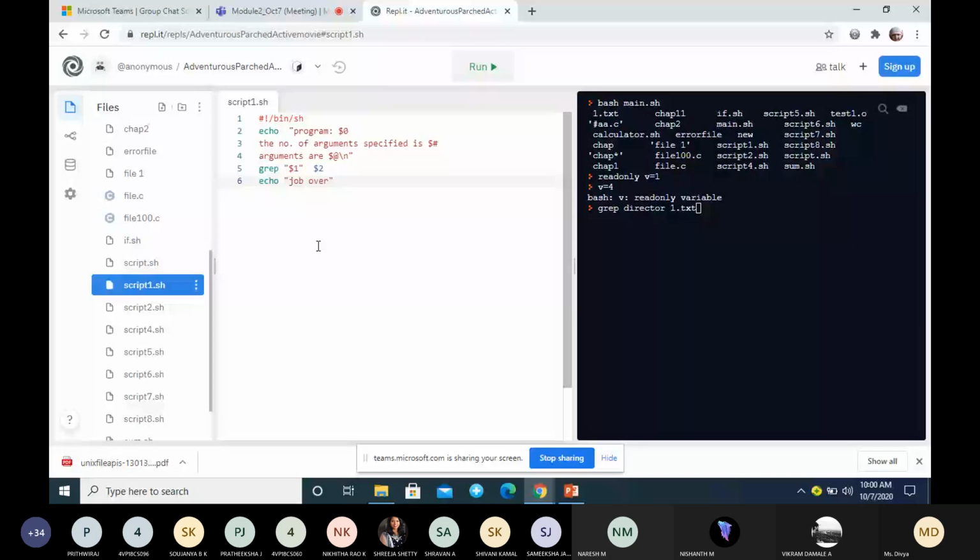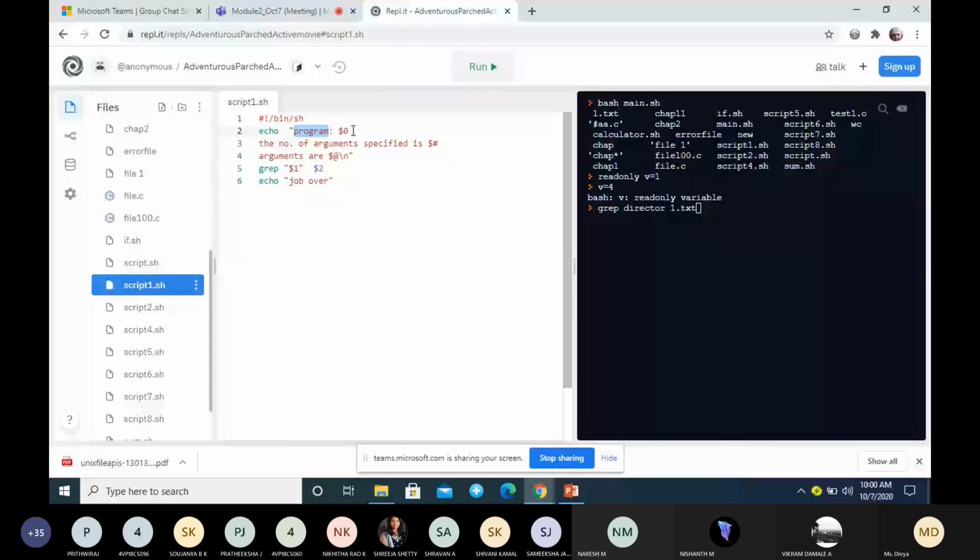Remember, this line is called the interpreter line. Here we have hash and exclamation mark, followed by the path name that will be used by the shell for running the script. And here we have an echo statement: echo program $0.